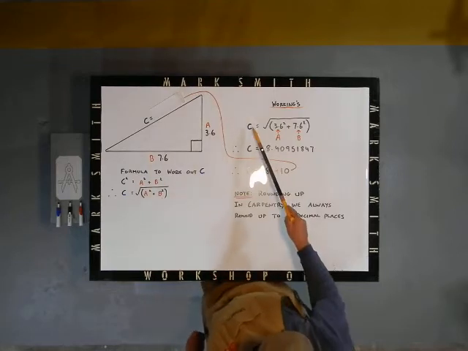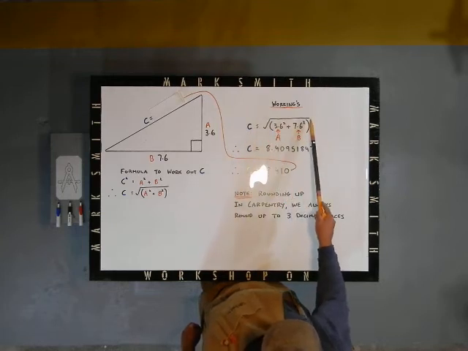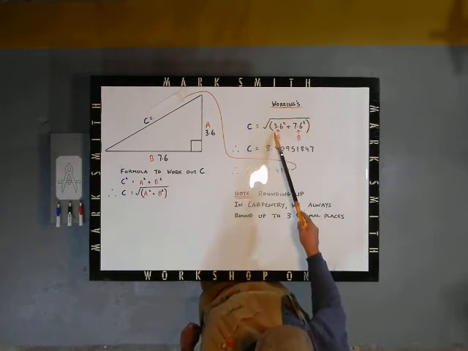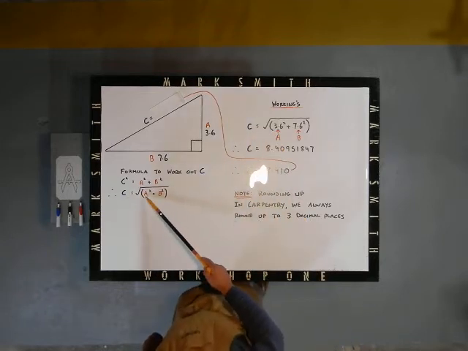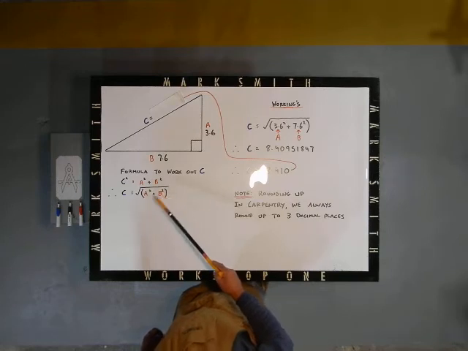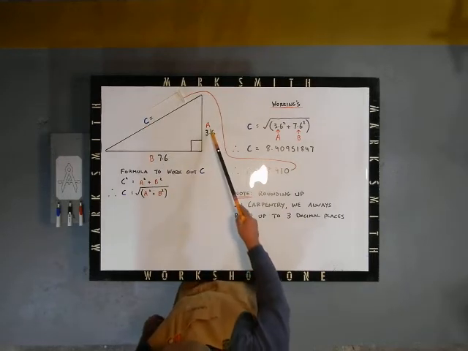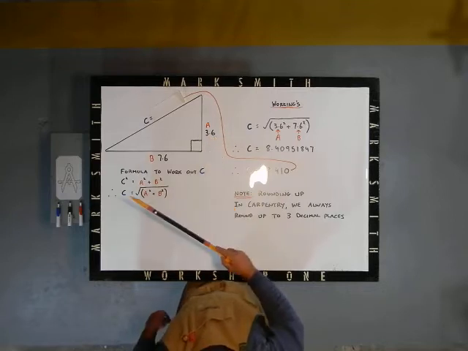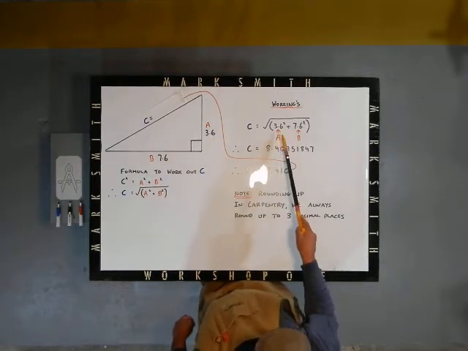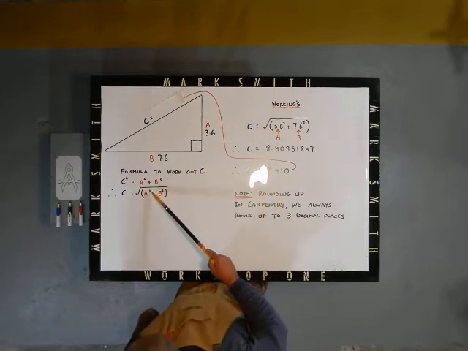So we're going to write it out again: C equals the square root, open a bracket, and then look for A. I go across to the triangle you've drawn and look at A, and it tells me it's 3.6. So I substitute A for 3.6 and put in 3.6 squared, because it must be squared,